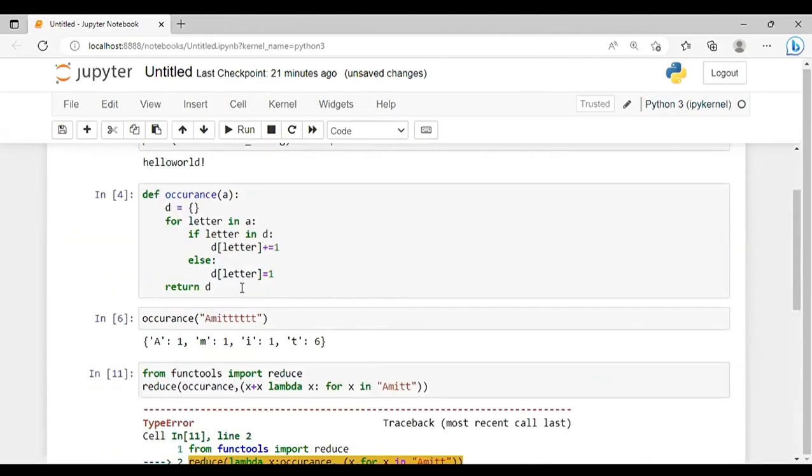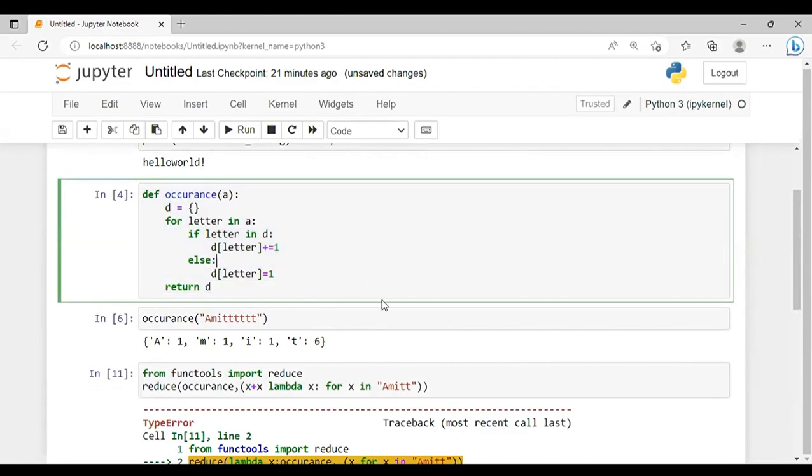Okay, let me just check how we can integrate this normal function with the reduce. What about using the Counter function from the collections module? Yeah, we can use that. That is not the question. We can use that also, but